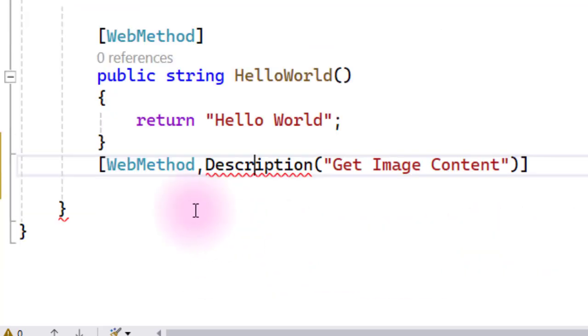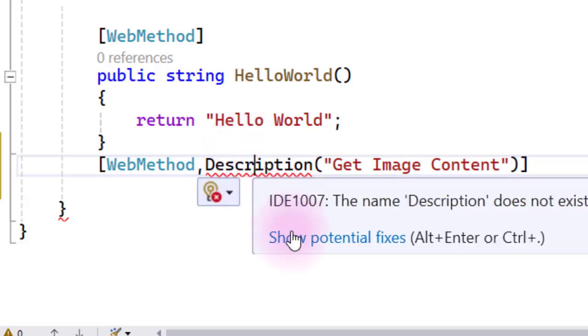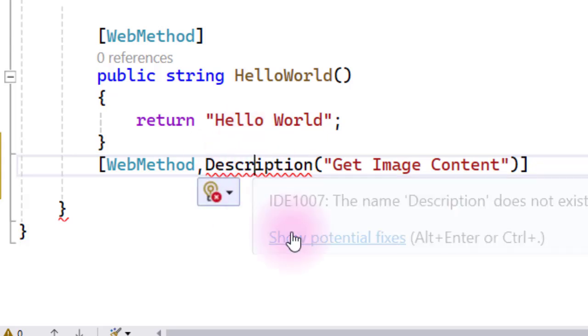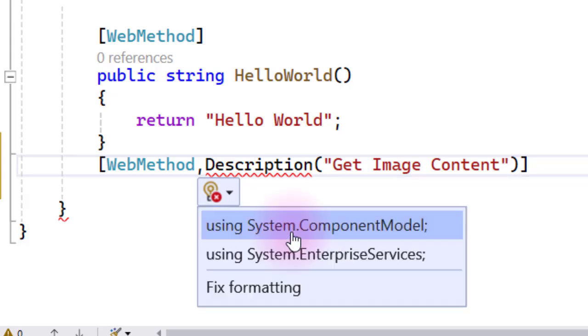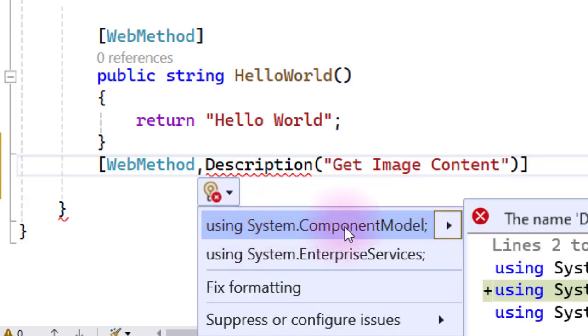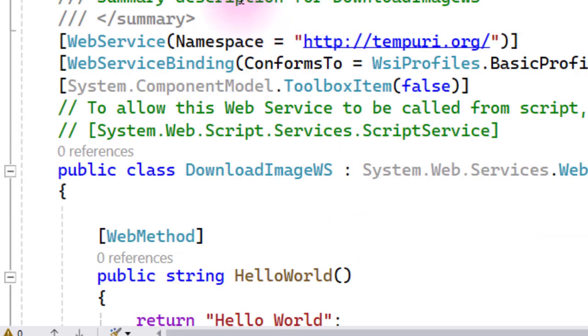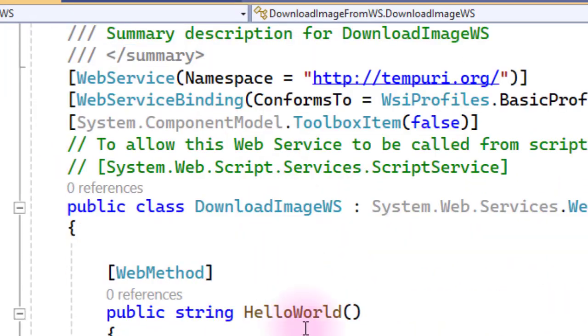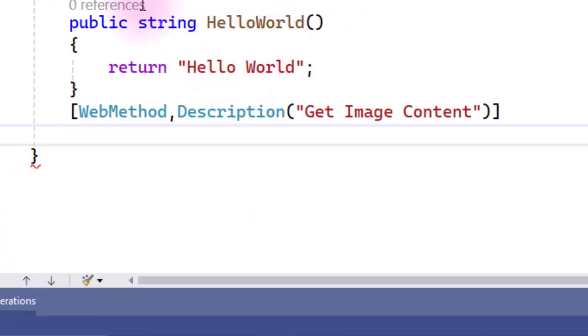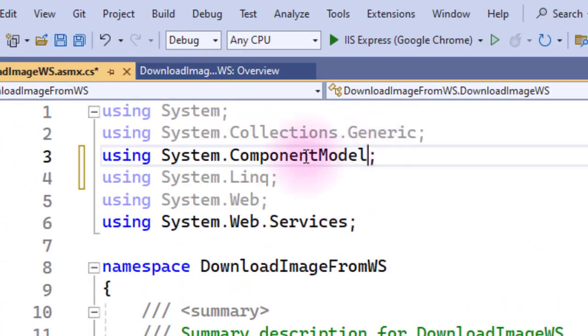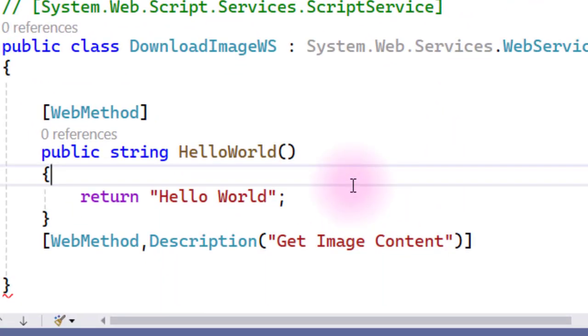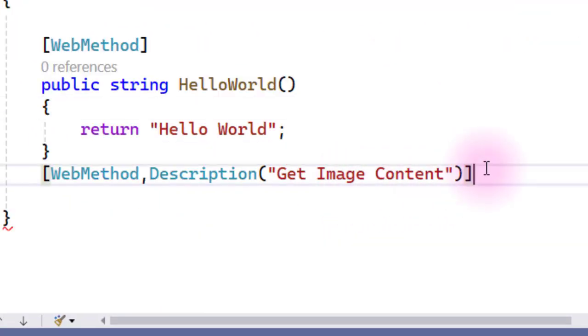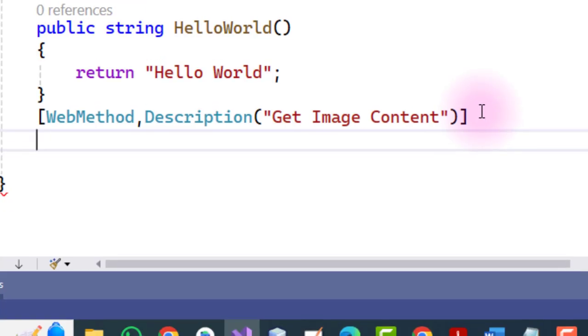As we can see here, it is giving an error, so just type control dot and using System.ComponentModel, we have to import this namespace. So this is the namespace which is used for the MTOM model.